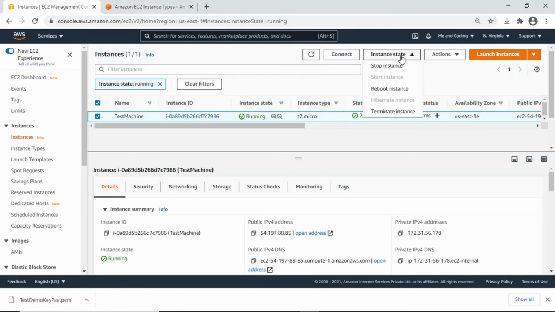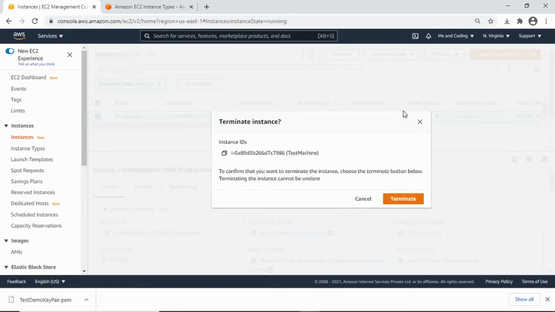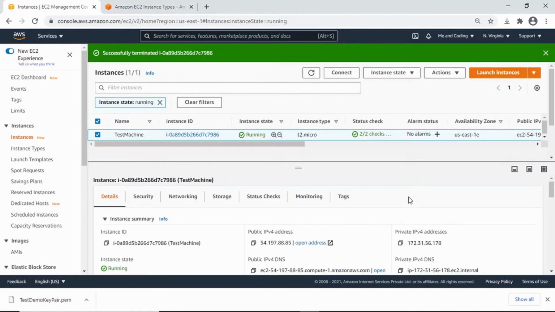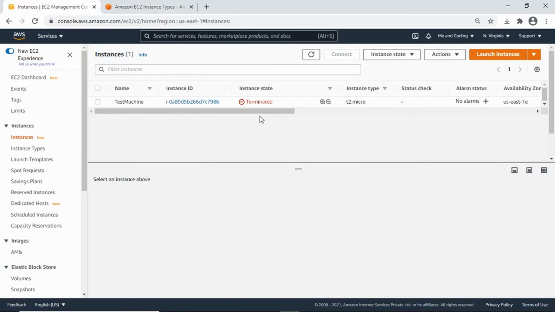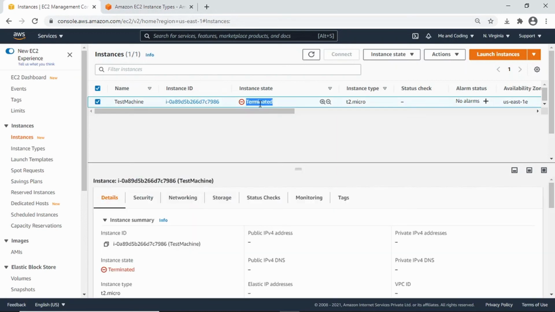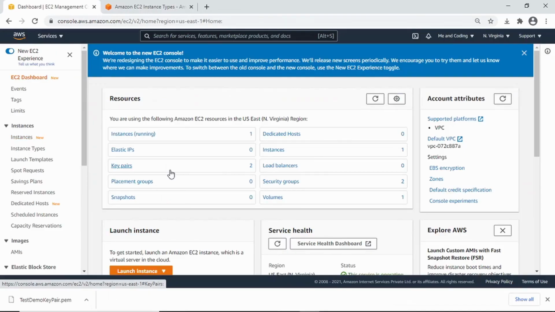Go to instance state and select terminate instance. Click on terminate. And after some time, you will see the instance state change to terminated. In this demo, we have seen how to create a Windows Server 2019 instance and how to terminate it in AWS.